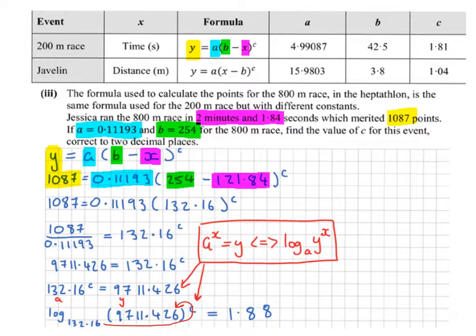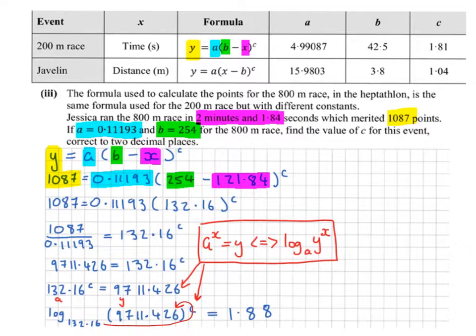So we start with what's inside the brackets. 254 minus 121.84 is 132.16. So next we're going to divide by 0.11193. So we get 1,087 divided by 0.11193 gives us 9,711.426, and this is equal to 132.16 to the power C. Next I'm going to rewrite them, just swap them over the other side. So 132.16 to the power C equals